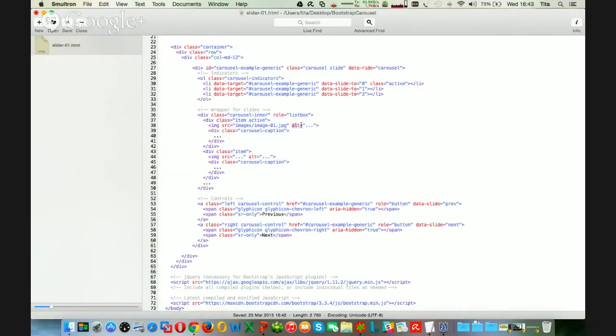Right now, for demo purposes, I don't need the alt. And let us write down here some text. We will improve this later. Let us also change the second slide for a second image, some more text, and let's create a third slide